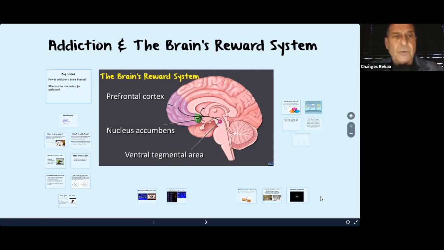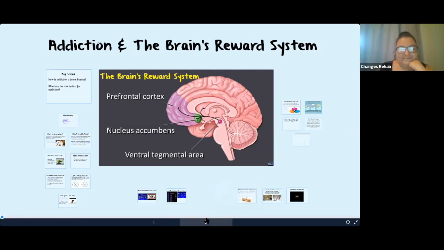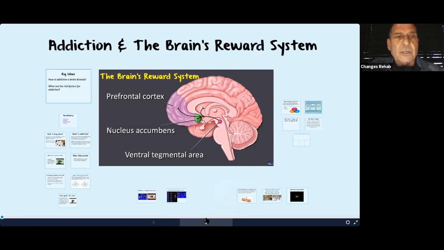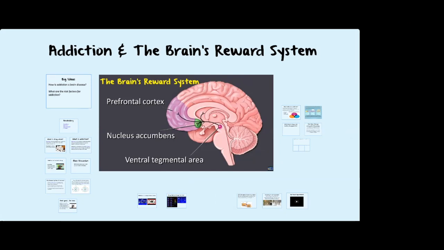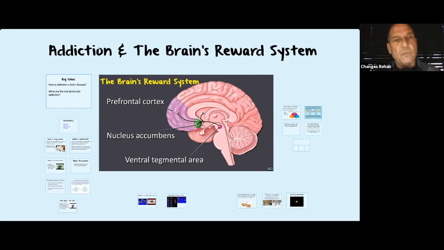Okay, so what we're going to look at tonight is what is the disease of addiction? Addiction and the brain reward system, which is really important to look at. What we want to go into is how the brain actually works. You've got your prefrontal cortex, your nucleus accumbens and your ventral areas. Now, what we see is that with addiction, the reward system of the brain is what is